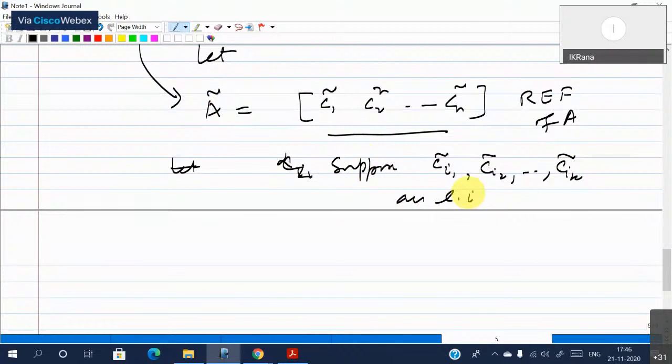So suppose out of the columns of A tilde, these ones are linearly independent. The claim